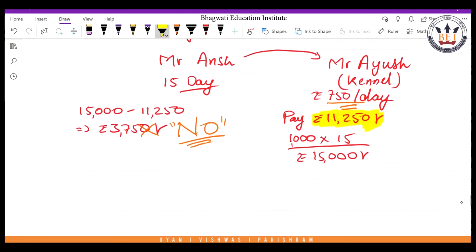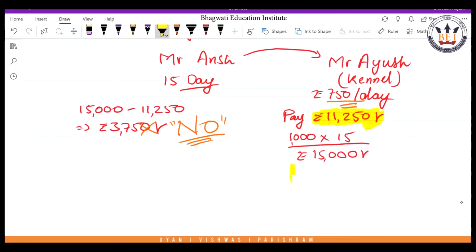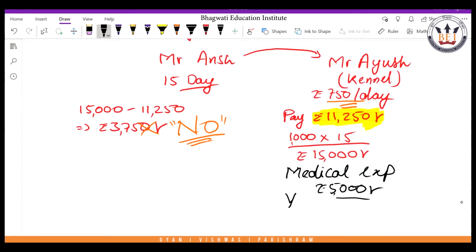But what about the extraordinary expenses, guys? That was very logical. Let us say there were medical expenses attached. That dog ate too much, so it went up by 5,000 rupees of medical charges. So what all can Mr. Ayush claim over here? Can he claim for these extraordinary expenses? The answer is yes, right? So in case of non-gratuitous bailment,